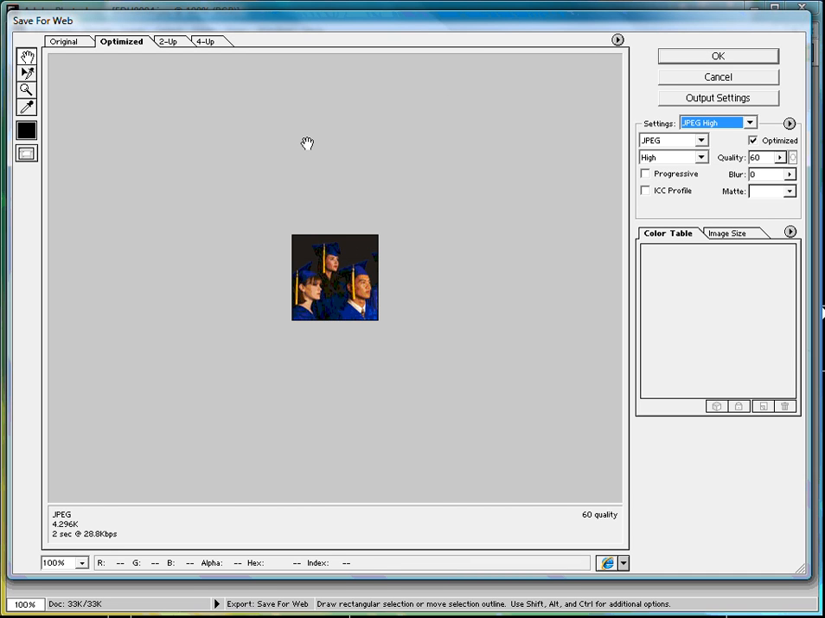And that's how I resize a photographic image without distorting. Now there's other ways to do it, but